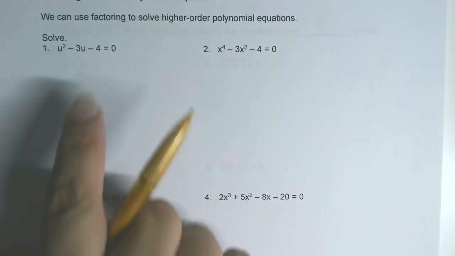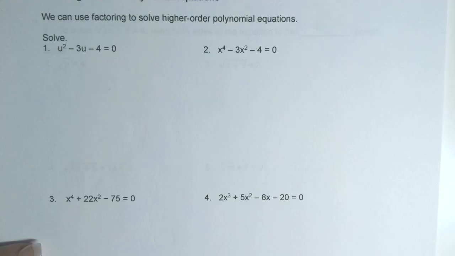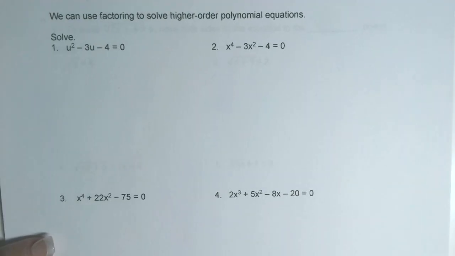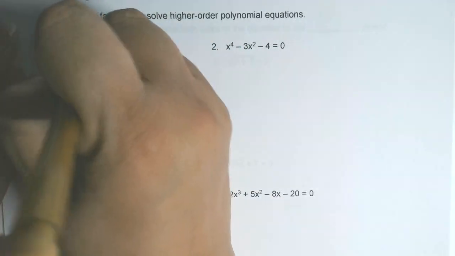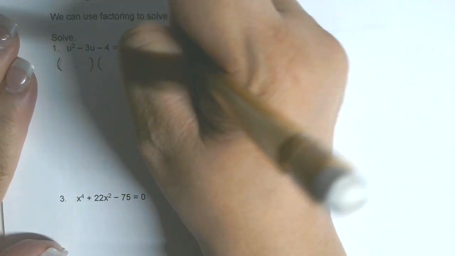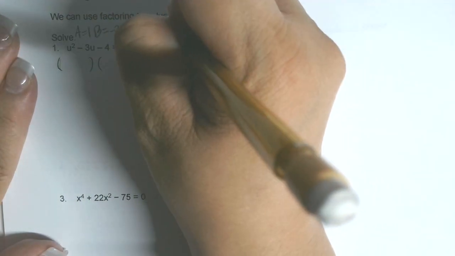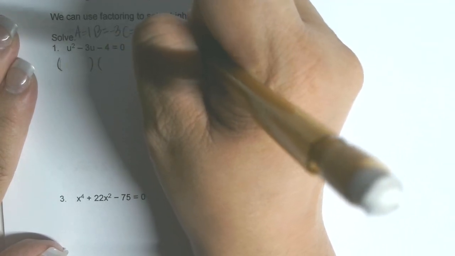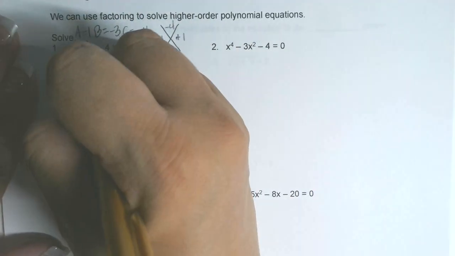If you notice, initially we started out with u to the second. Now we're dealing with u to the fourth. So that just means we need to factor more than we're used to. Okay, so it's going to be factors here, because everyone knows their multiplication and everyone knows how to factor. Using the AC method, a equals 1, b equals negative 3, and c equals negative 4. So I have negative 4 times positive 1, adding to negative 3. So it's u minus 4